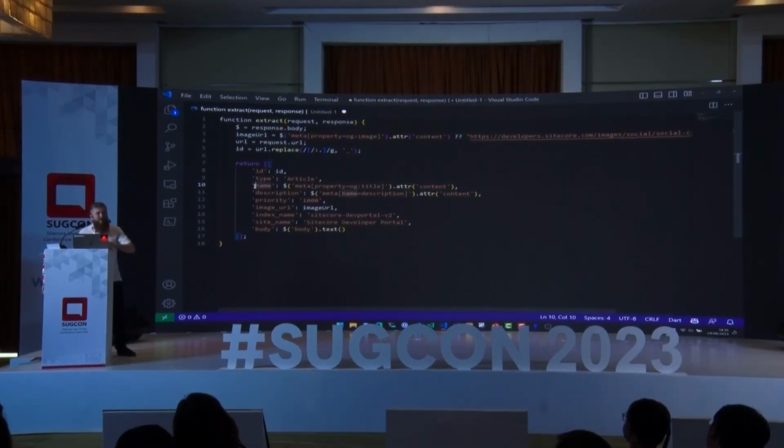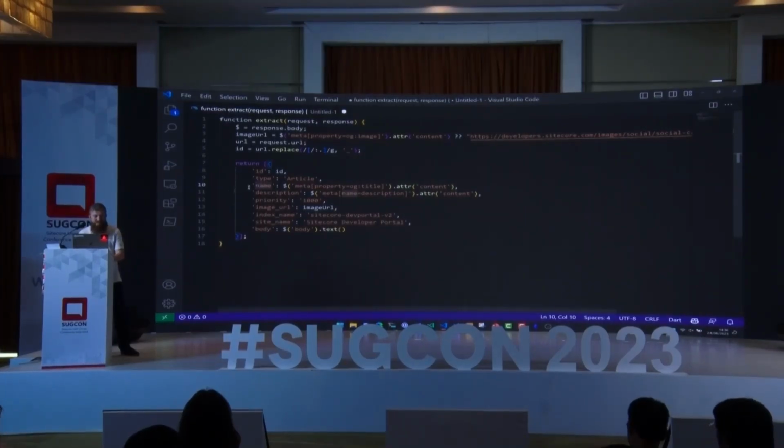We have a priority attribute set, which again is something we're trying to figure out how to work. We've got this idea that some of our sources are more applicable to developers than others. So the dev portal itself is really like developer-focused content. But we also index Sitecore.com. While Sitecore.com is a fantastic site, it's generally more marketer-focused content. So we're looking into how we can leverage these priorities to basically help order the results to be more